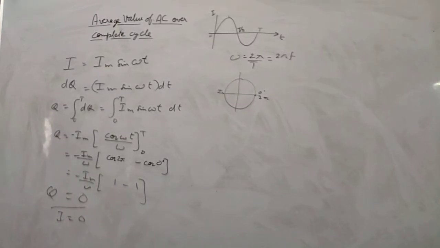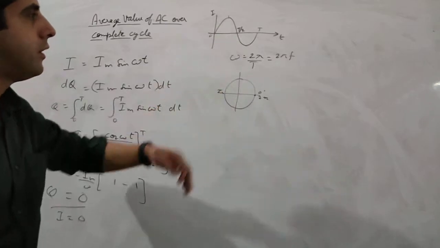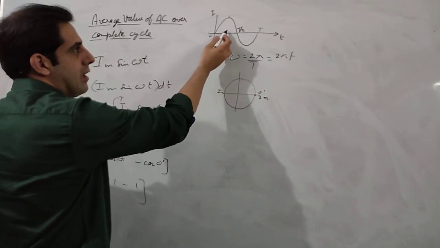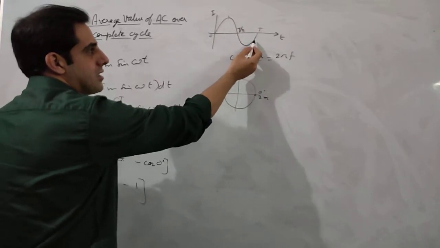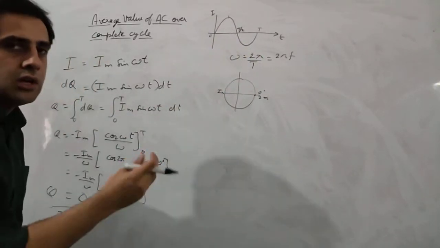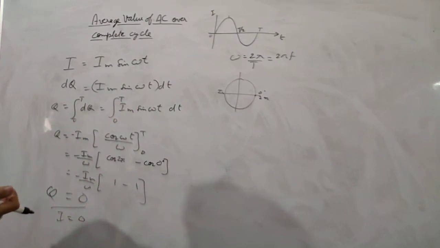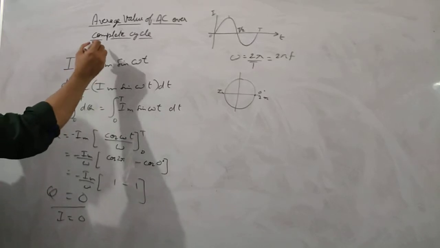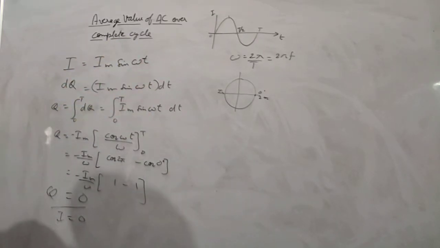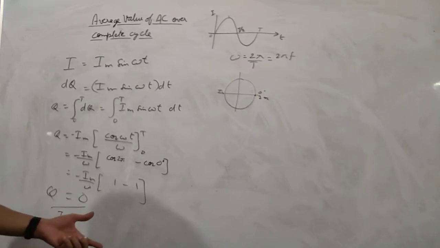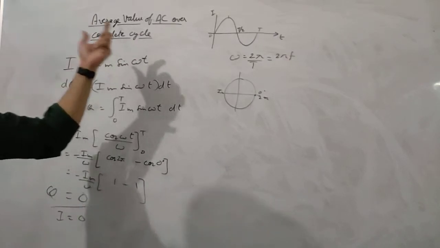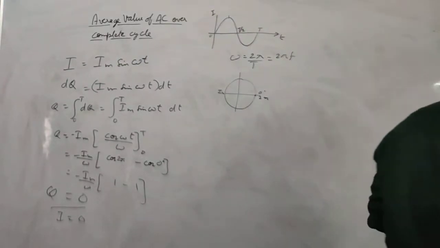That means, and it makes sense also, if you look at the graph, it makes perfect sense that for half the cycle the current is in positive direction, and for next half cycle the current is in negative direction. So the average value will obviously be 0. So that means if we want to find the average value of AC, then to find it over one complete cycle does not make any sense, because the value will come out to be 0. We need some value. So this implies we cannot find the average value over one complete cycle.